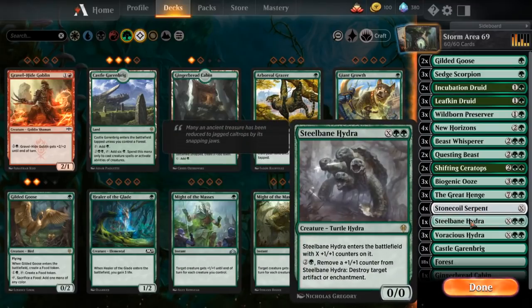Then we do have one Steelbane Hydra because... One, a Hydra turtle is just the greatest thing ever. Tortoises and turtles are like the bomb in Magic. Like they're the dumbest, weirdest, but like greatest cards for like gimmicky, weird crap. So this one, I mean, it's just a straight up 2+X, and it enters with X counters on it. Doesn't duplicate them, doesn't fight anything, whatever. But if you pay 3, which you will have, and then remove a counter from it, which you will have, destroy any artifact or enchantment. So... Oh my gosh, Cavalcade,